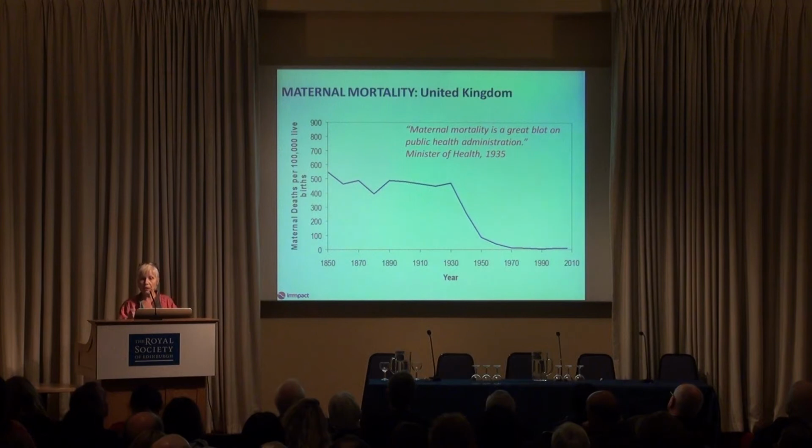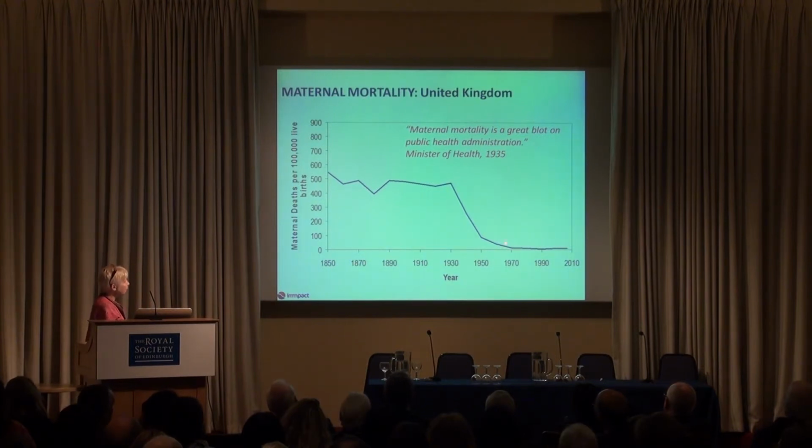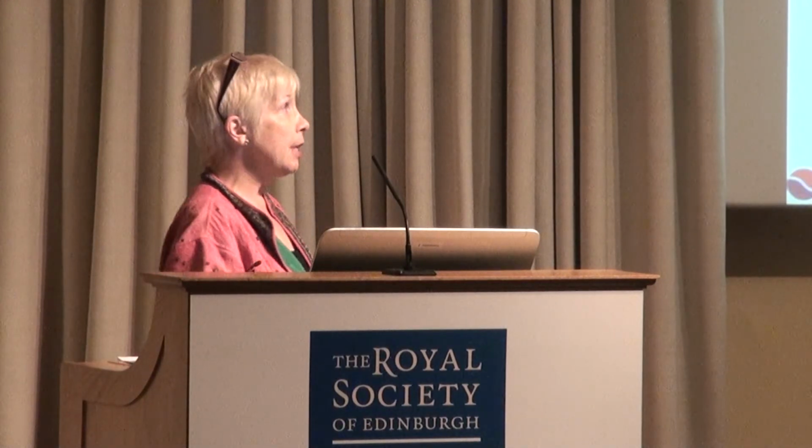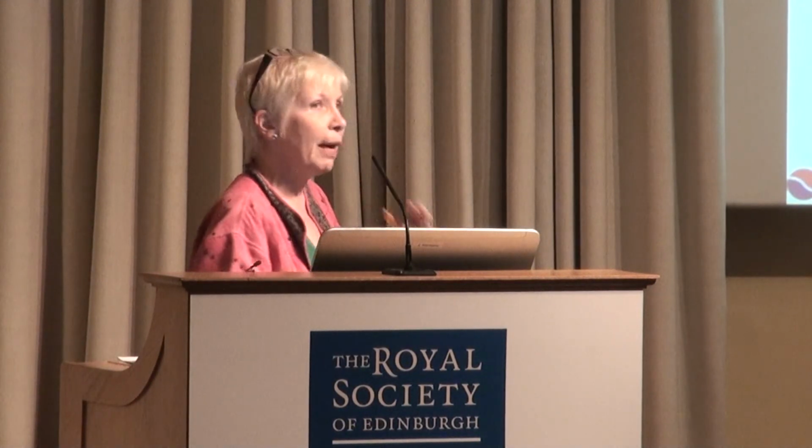This is the success story here in the United Kingdom of the reduction of maternal mortality over quite a long period of time. But there was a very dramatic fall in 15 years between 1935 and 1950. Before that, the chances of dying in pregnancy and childbirth were about the same as what we see in Malawi today, until about 1935. The quote up here indicates one of the triggers, there were many of them: political commitment locally in the United Kingdom saying enough is enough. And then we had this dramatic fall.